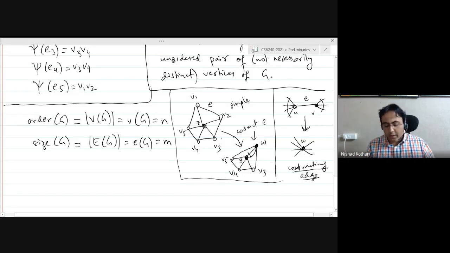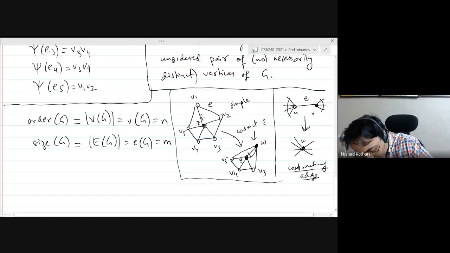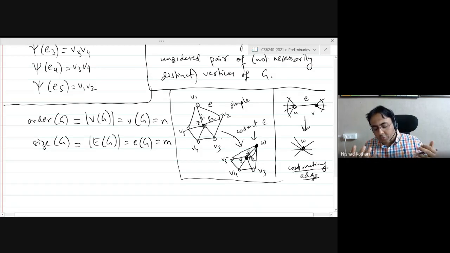So the point I'm trying to illustrate here is that you're contracting an edge in a simple graph and you could create multiple edges, right? And in order to prove statements, you will have to deal with the fact that the original graph had two edges joining. The original graph had both of these edges. Let's call these F1 and F2, right? So in order to argue things about the original graph, you will have to look at the previous graph and then make some conclusions about the original graph. So in this kind of situation, it helps to keep the original edges as they were.